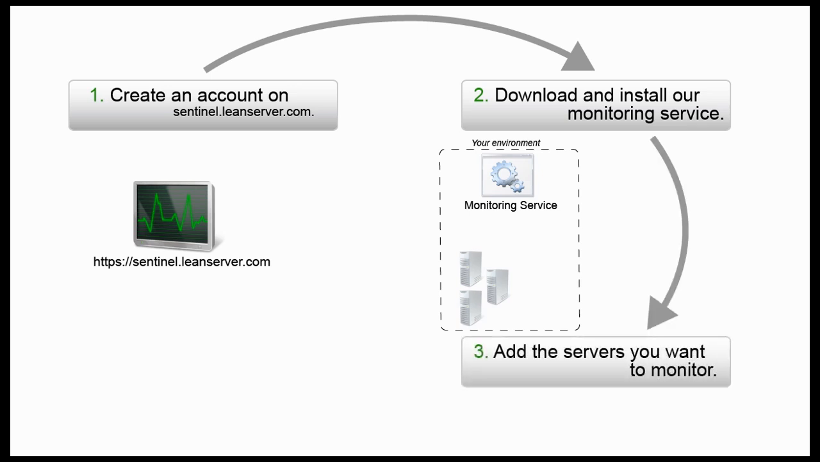Next, use our website to add each server you would like to monitor. Sentinel will automatically download the list of servers and begin to monitor them remotely using built-in Windows protocols. Most of the data Sentinel collects is numeric performance metrics and does not include any sensitive files or application data. This monitoring is extremely lightweight, does not require anything to be installed on each server, and has virtually no impact